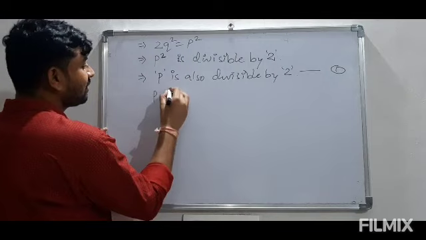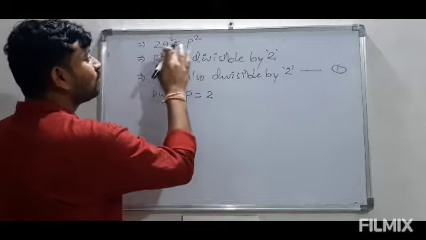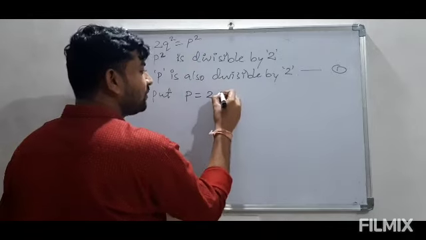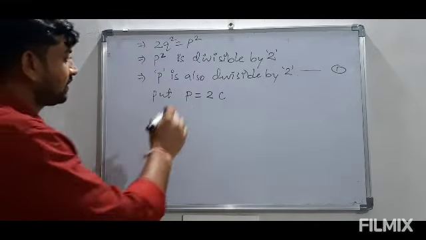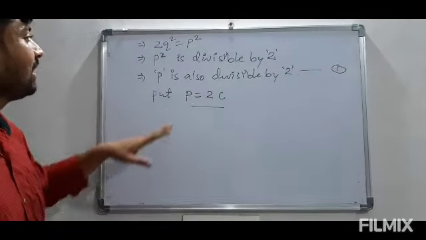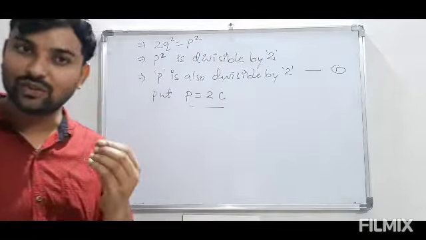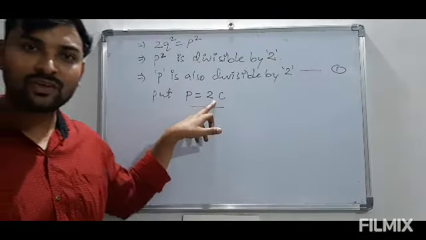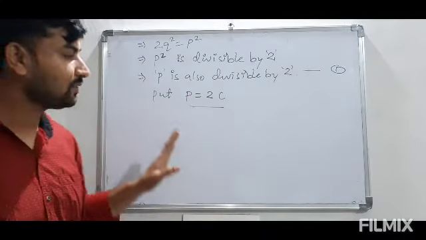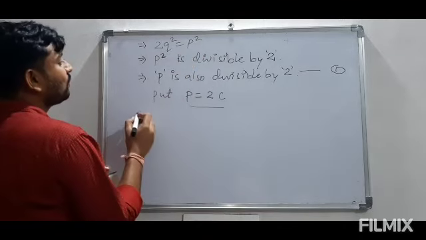So here what we have to do is put p equal to some other number. Like we have used p and q here, we will be using something else. It can be anything other than p and q. So let us use 2c. Now there might be a question in your mind: why am I writing 2c here, why not 3c? As we are proving root 2 is irrational, we have to use 2c. If we prove root 3 is irrational, we will use p equal to 3c. If we are proving root 5 is irrational, we have to use p equal to 5c. This way. So now replace p equal to 2c in the previous result here. So what will we get?